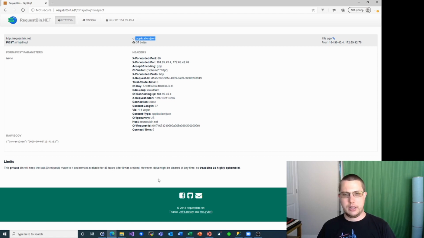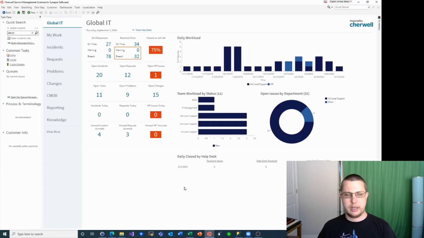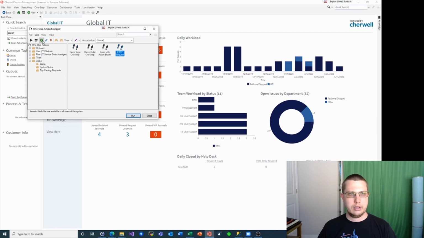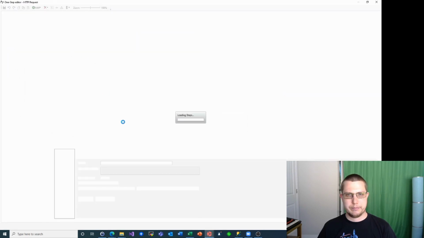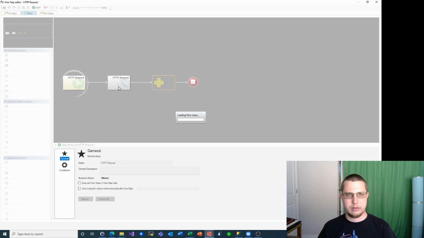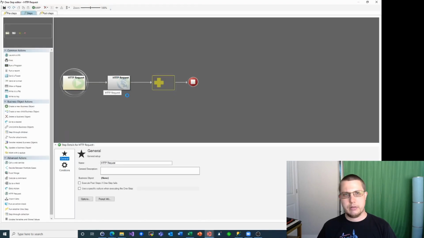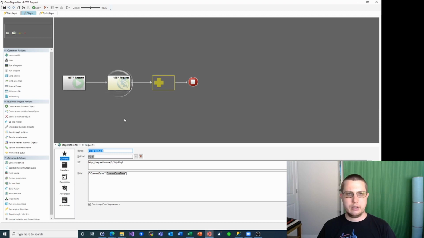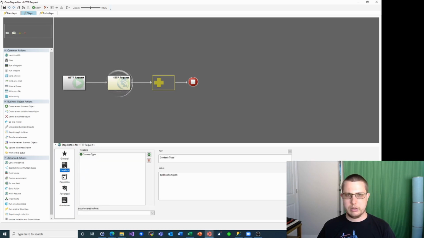Let's say you're talking to an API, and that API requires some form of authentication, right? As most APIs do, most REST APIs do. So let's go back into our one step, and let's edit this HTTP request as if we were logging into an API that required some authentication. Right? So we'll leave the body the same, we'll leave the URL the same, but over in headers, what we'll do is we'll add a new header,